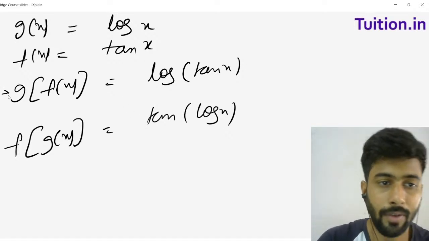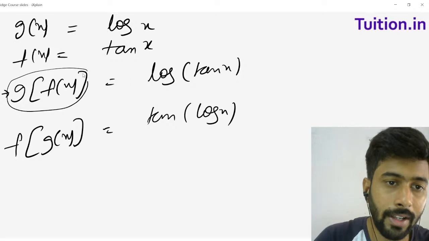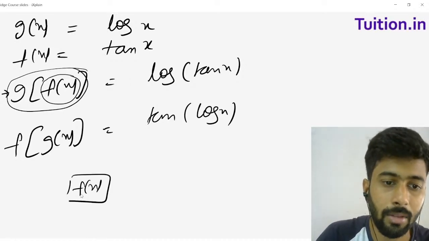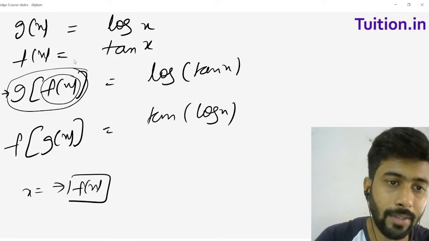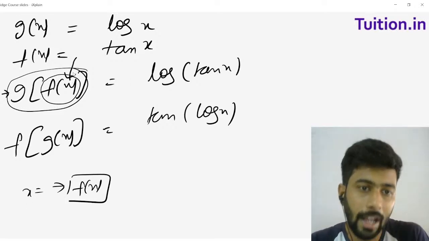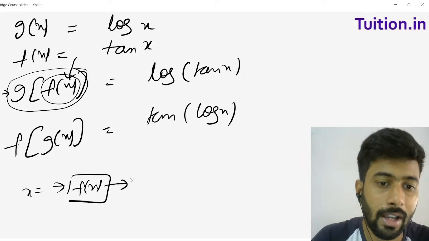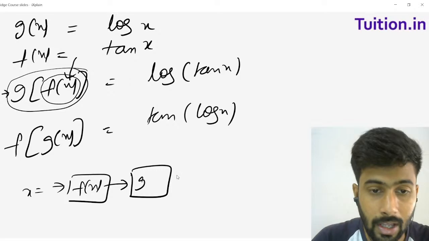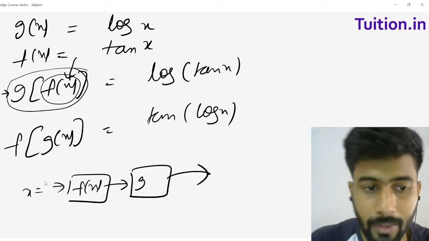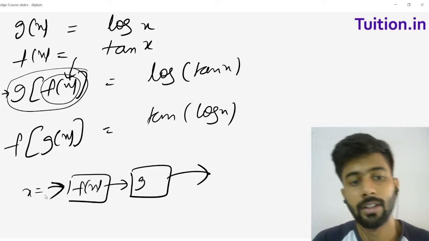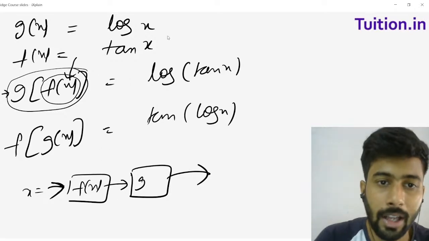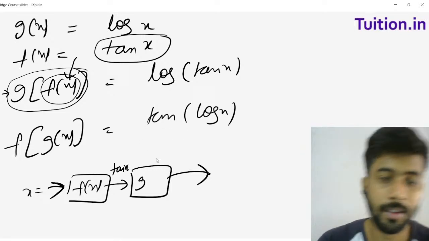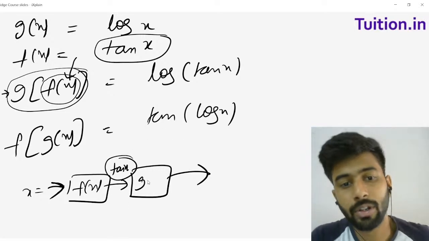So first let's look at g of f of x. When you have g of f of x, the fellow that's inside will come on the left side, because x will first go to the innermost function, and that innermost function will release an output, and that output will go to g, and then the final output will come out. So when you give x as input to f of x, it will give the tan of that. So tan x will come out as the output. And when you're giving tan x as input to g,